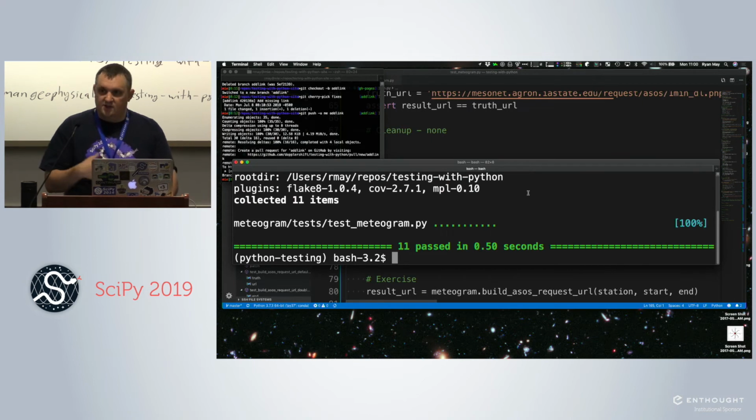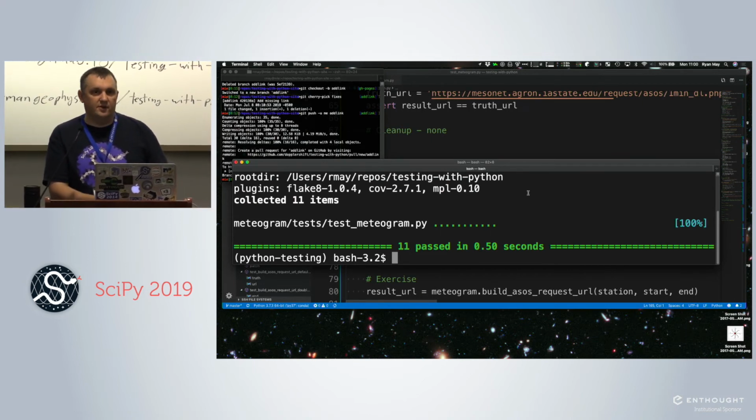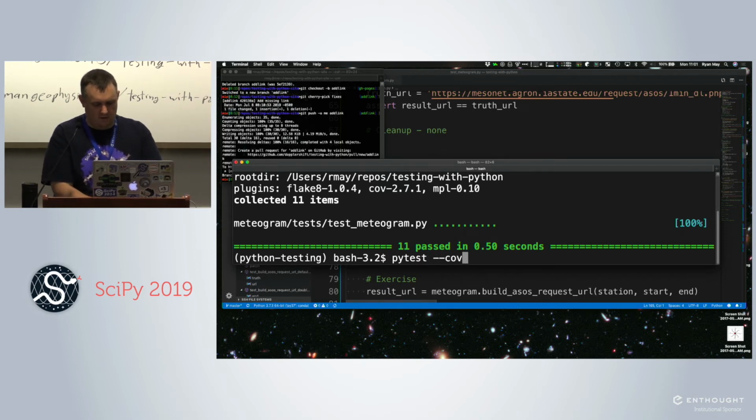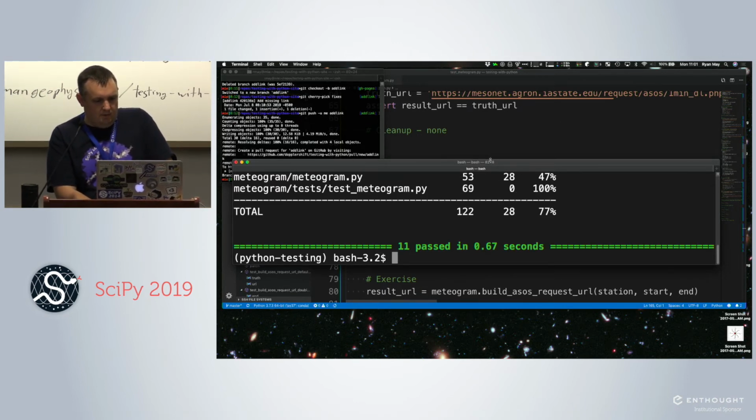Fortunately, there's a nice coverage.py module in Python that exists to track coverage and figure out what lines of code are executed. And then there's an extension for pytest that runs this automatically for you so you don't have to worry about it. So we can start by running pytest-cov. And I will blow this up so we can see what we're talking about here.